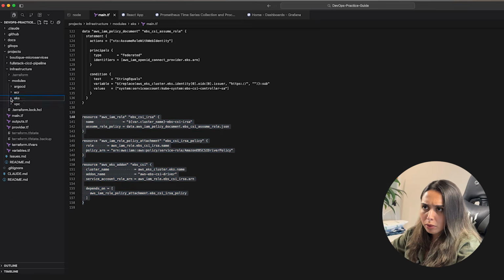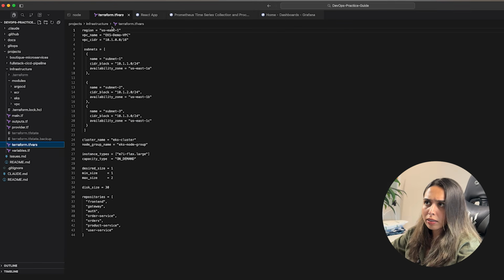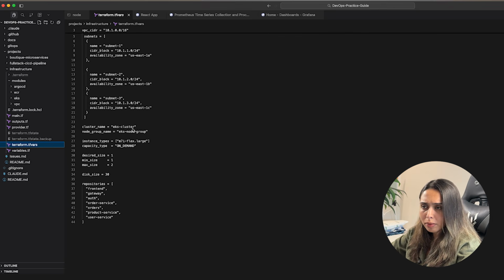This is basically the volume where your PostgreSQL data would be loaded. Apart from the modules, this is where we are giving the variable names, right? Like this would be the VPC name, this would be the subnet name, what would be the cluster name. So all the variable values are located in the TFVars file. Now,